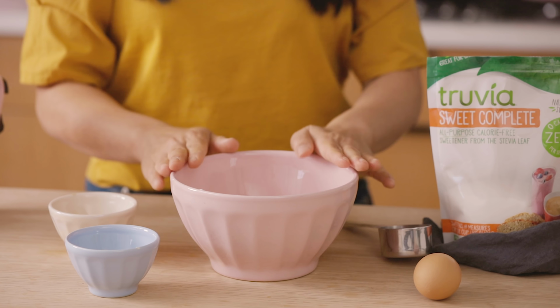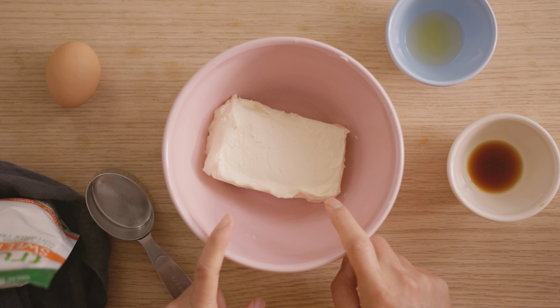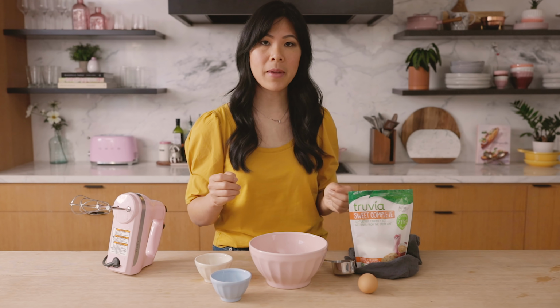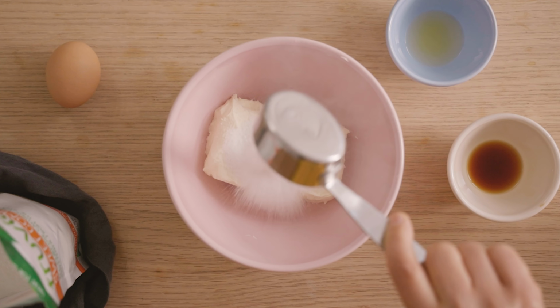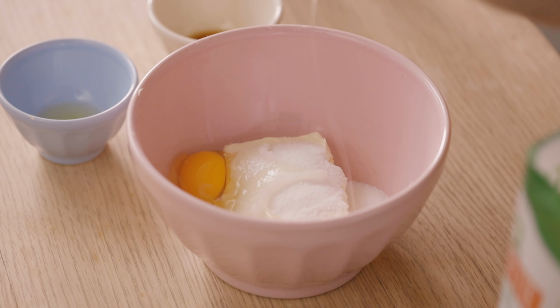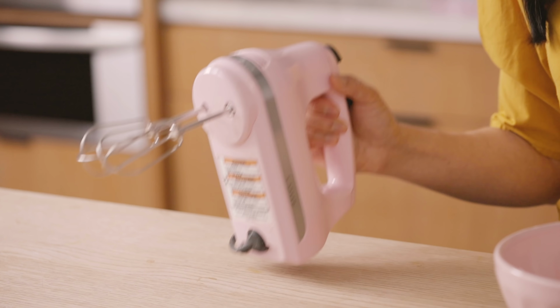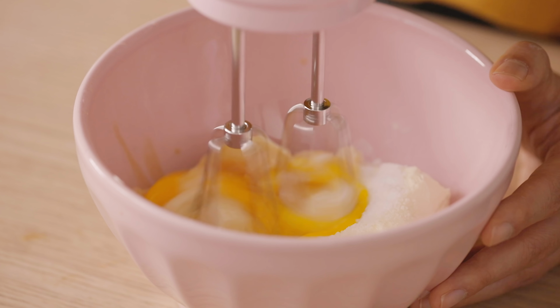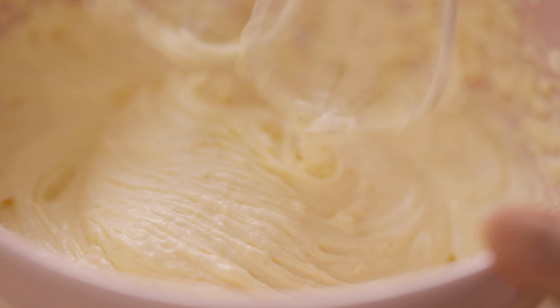All right, so inside I'm gonna make a cream cheese filling. So I have a block of cream cheese already in my bowl and it's at room temperature, so it's easier to mix up. And to that, I'm just gonna add a little bit of Truvia SweetComplete all-purpose sweetener, an egg, some lemon juice, and vanilla extract. Now I'll just whisk it up all together. Our cream cheese mixture is done for now, so I'm gonna set it aside and I'll show you what I'll